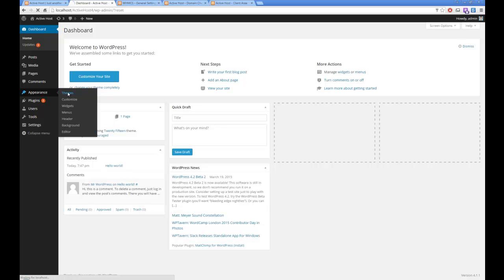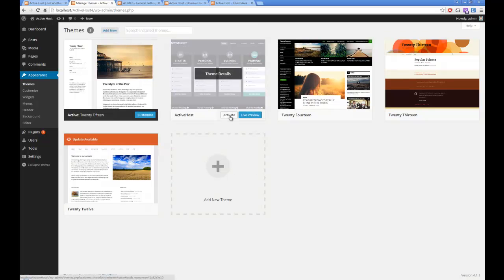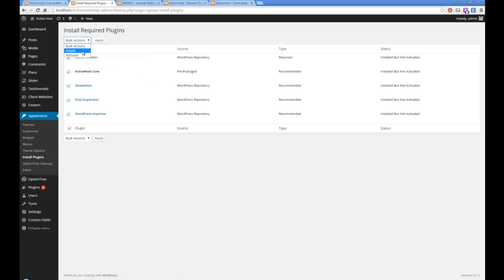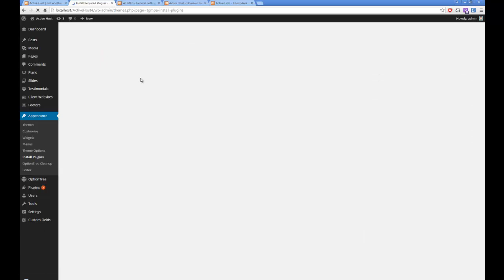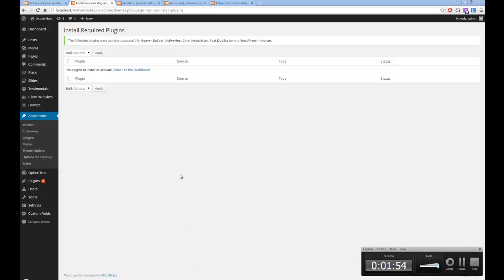First thing to do is install the theme. So I've already put the theme folder inside the themes folder, ActiveHost. Alternatively, you can click Add New here. Activate this and install the plugins. I've already installed them, but I'll also activate them now. Bear with me as this may take a while. Okay, once these have been activated,